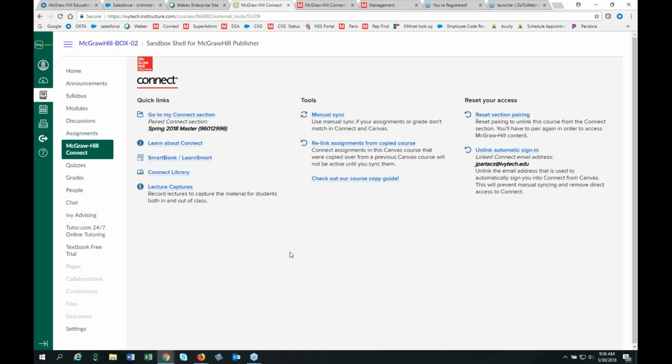While we're waiting for any additional questions, I also just wanted to bring something up that I just thought of. We get a lot of questions around midterm and finals saying my availability date isn't what I want it to be and I need to change it because I have a student who has to access it early, or it needs to go longer. And that becomes an issue when any student, regardless of if they're in your section or not, but any student in the course that you are teaching, so for example, Business 105, any student in Business 105 using a Connect course across the state, if they access that midterm, for example, you can no longer change